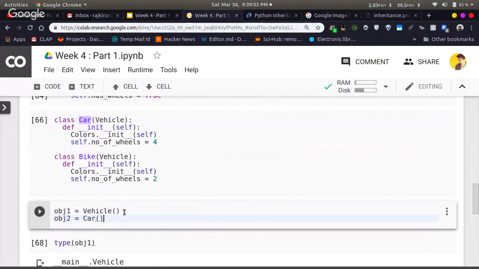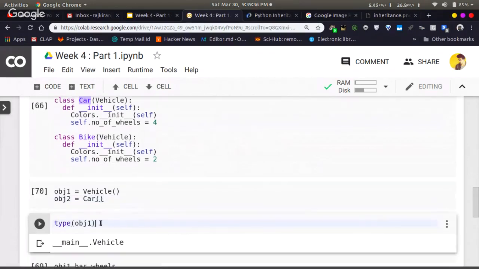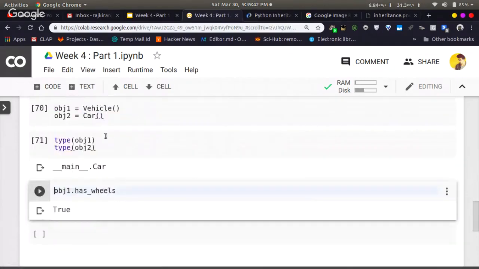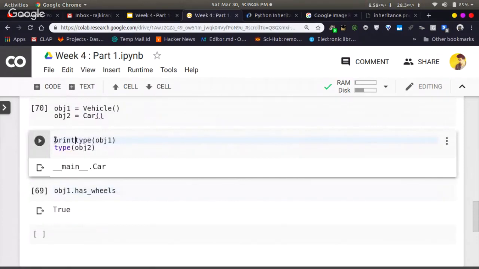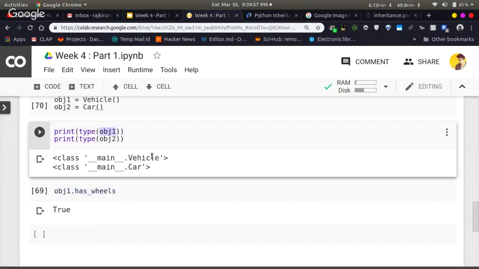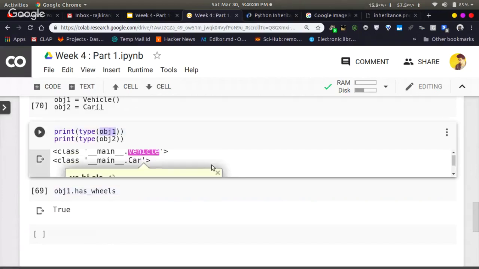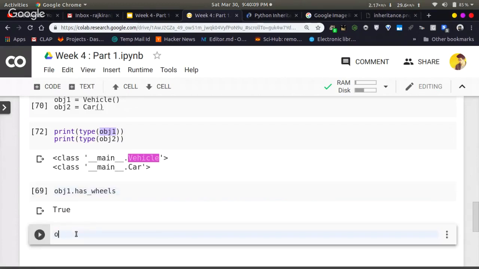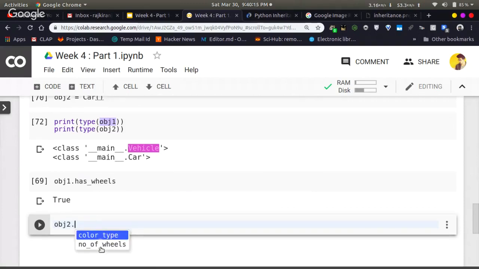Now when you check the type of object 2, you can see that the first object is a base class, and the second is a child class, and that child class will have both the properties of